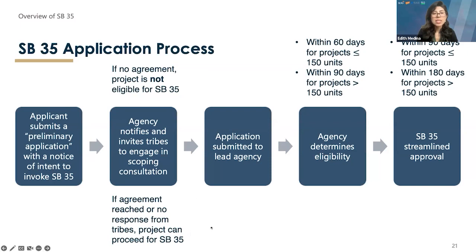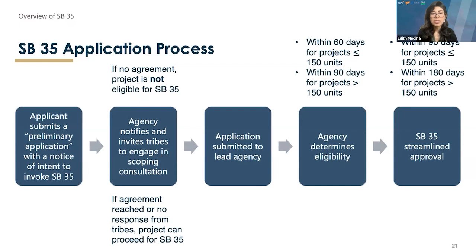So once it proceeds, the application gets submitted to the lead agency, and the agency determines if the application is subject to SB 35. They have 60 days to review. If projects are more than 150 units, then there are 90 days. Remember that these are mandatory timelines, and if the agency determines that the application is inconsistent, then they are to request additional information. Then the applicant has to submit the revised application, and then the agency has 60 to 90 days to